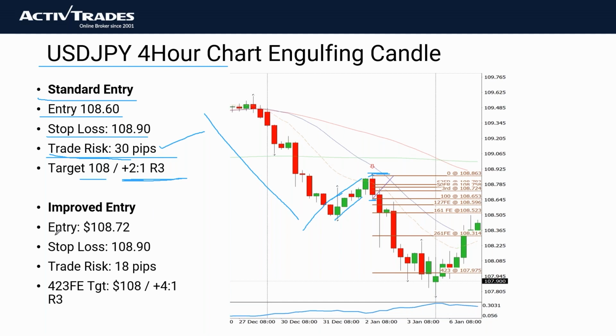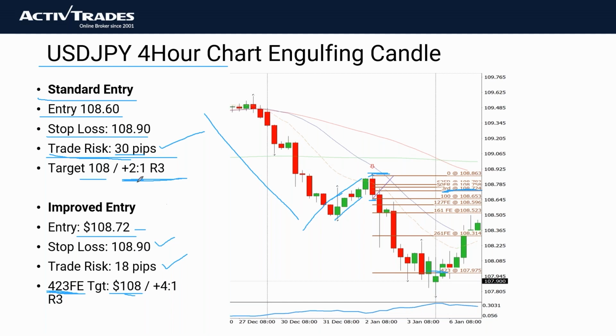Whereas here, what we have is the entry now of the third of the way pullback. So the third of the way pullback is at 108.72. Stop loss is still at the same place. So now instead of 30 pips risk, I've only got 18 pips risk. And because I'm joining the existing trend, my target is based off the 423, the 423 target,